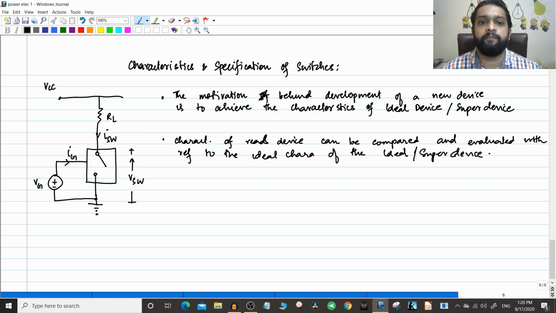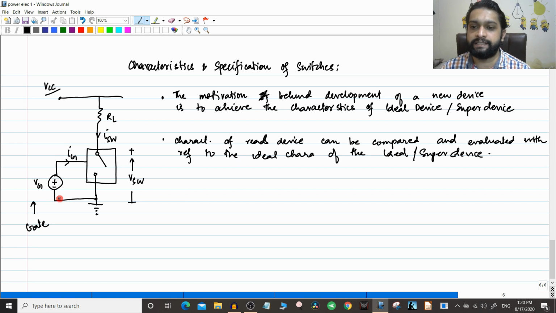So in today's video, we will be seeing the ideal characteristics of switches. Okay, what is the ideal characteristic that you expect out of a switch? So for that, this diagram will be useful. So basically it is a VCC here. People who are a little bit aware of analog electronics, you might have seen this a lot. So it is basically a voltage supply, it's not a problem. There's a load resistance. That load resistance is connected to the ground through a switch. And what is this? This is the gate signal.